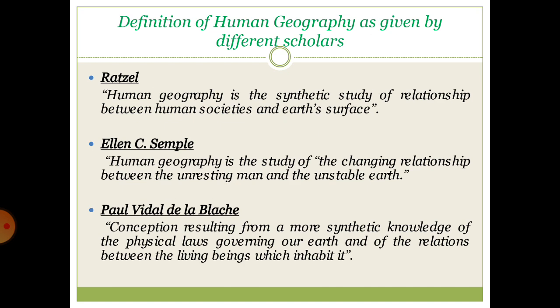Now, these are the definitions of human geography given by different scholars, and they are very important. Ratzel defined human geography as the synthetic study of the relationship between human societies and the earth surface. This definition is very important, you have to learn it. Ellen Churchill Semple described human geography as the study of the changing relationship between the unresting man and the unstable earth. He said that the relationship goes on changing between the unresting man